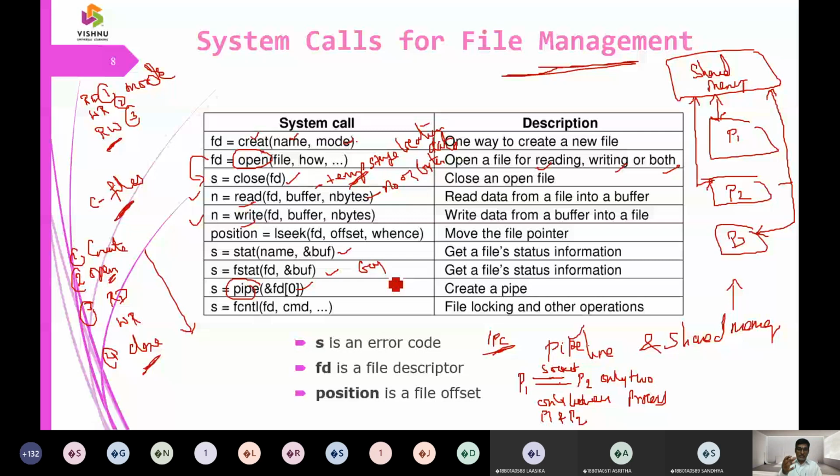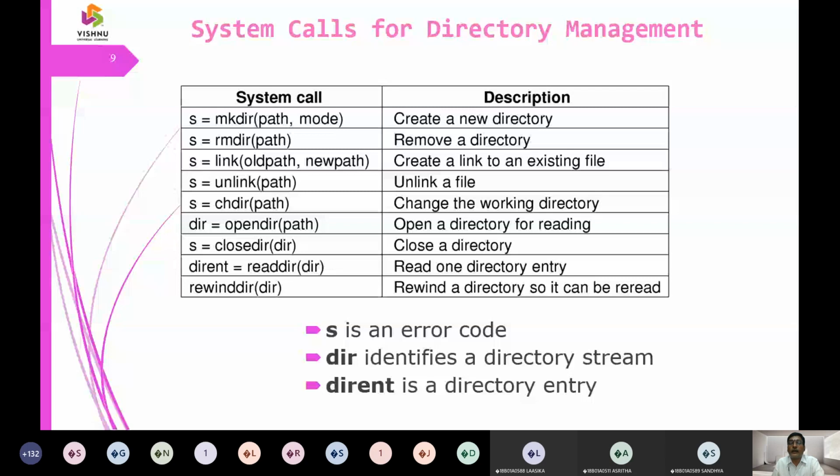We need to get the status, because when we are working with the readers writers problem, or with the producer consumer problem, producer will produce the item until the buffer is full. So when the buffer is full, then it is going to signal, therefore consumer will come and consume the items until the buffer is vacant. So that is how a relationship between buffer full and buffer empty has been taken up in the producer consumer problem, the bounded buffer problem. So that is taken up here for this fstat, etc. So this is what the file system commands is going to take place.